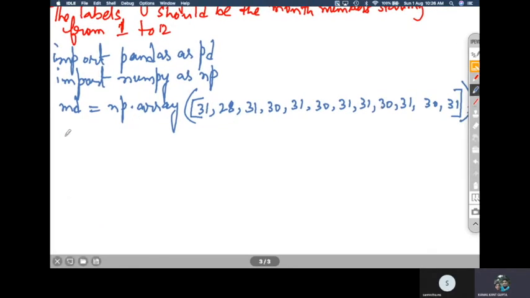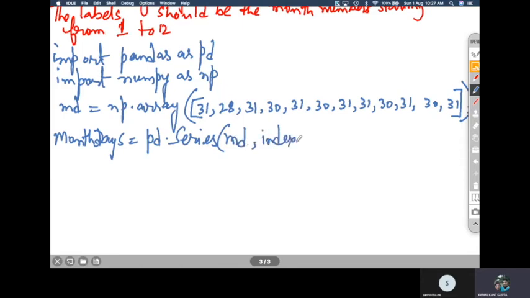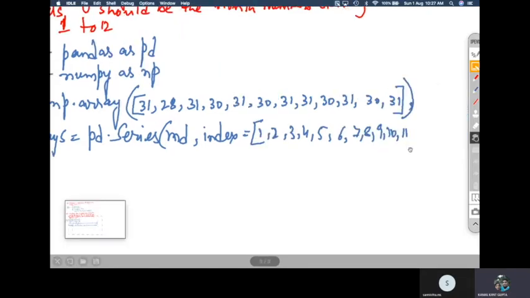So in the next line, you will create a series called month days, right? The name of the series is month days, as it is given in the question. So you have to write month days is equal to pd.Series, and here you will pass the numpy array md, and then you have to pass what I told, index is equal to 1 2 3 4 5 6 7 8 9 10 11 and 12.